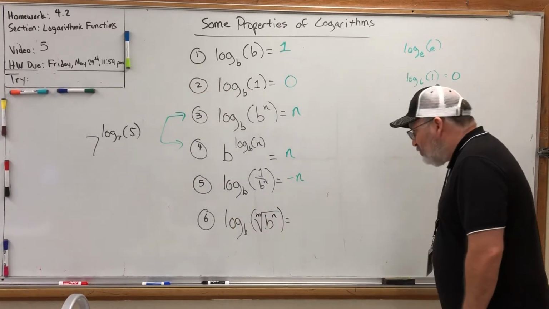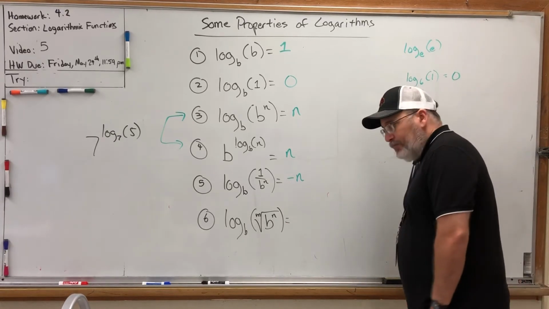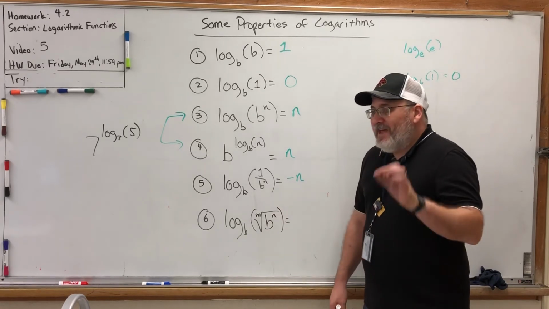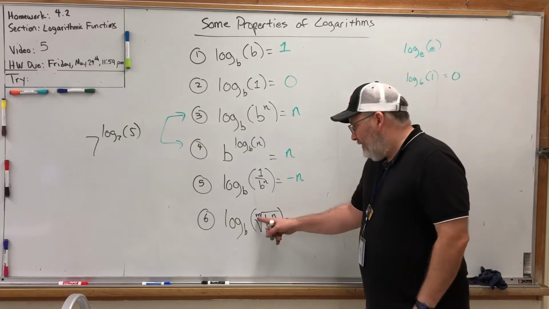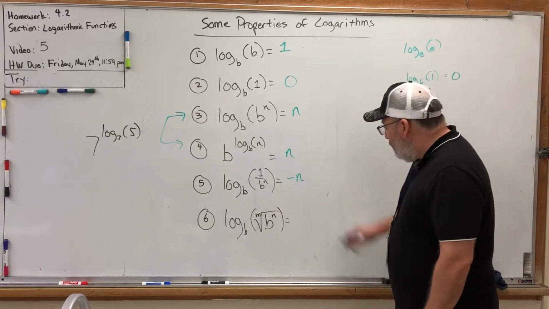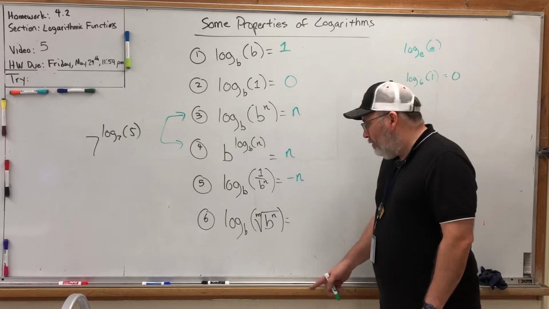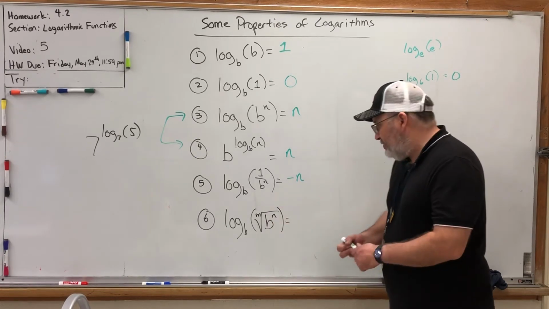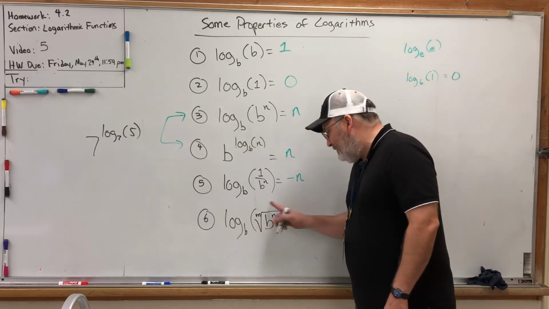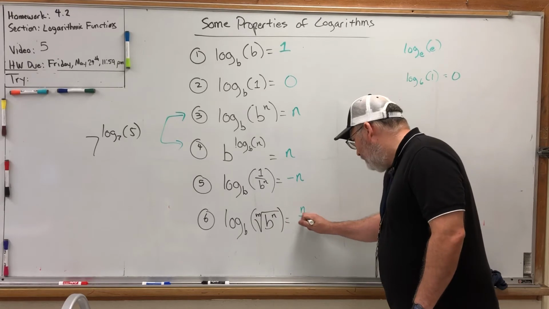Well, what about this last one? It's a mess, but it's a good one to have in your arsenal of properties. Log base b of the mth root of b to the n power. Well, we had an exponent rule that says when you have a fraction power, you get a radical like this. So the answer to the question, what power turns b into this, the power really is the numerator, and the